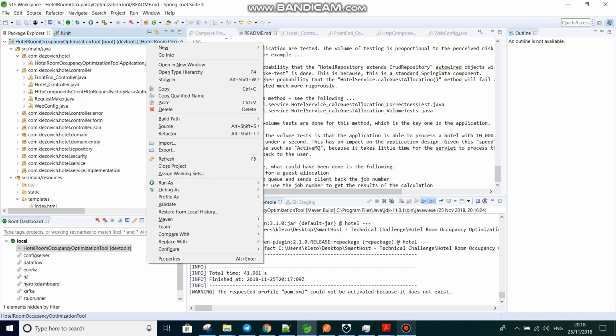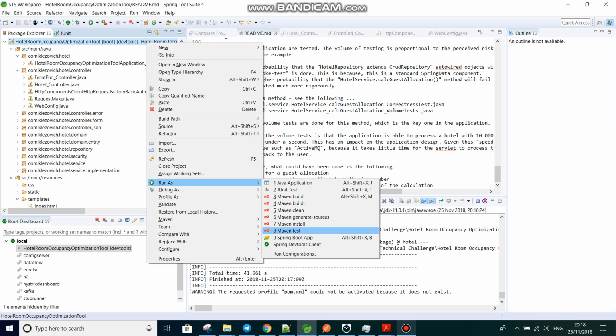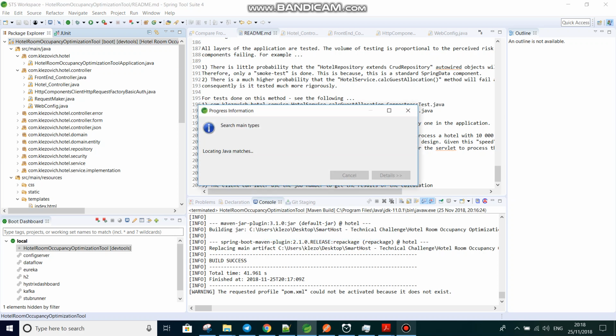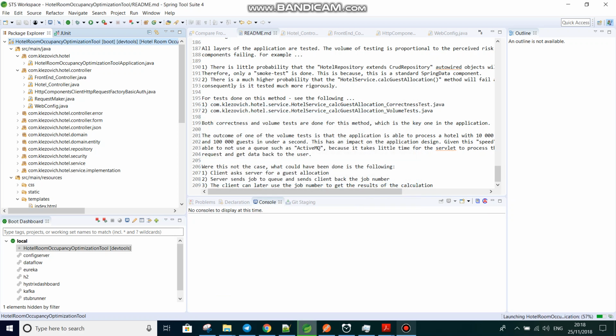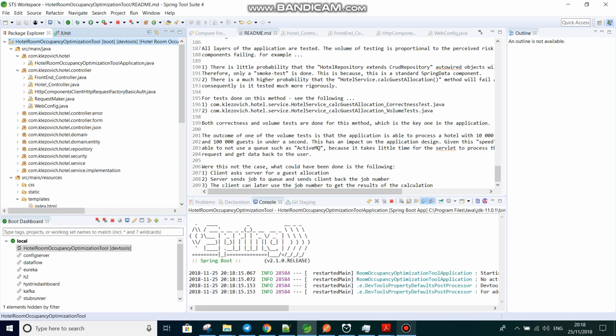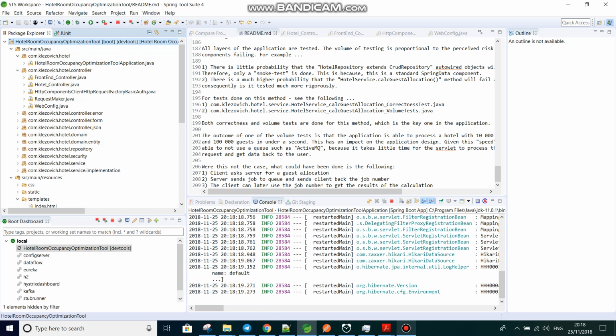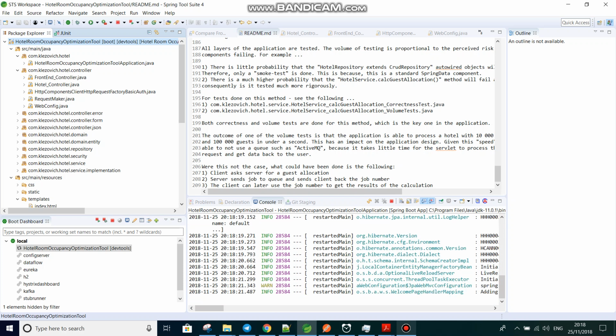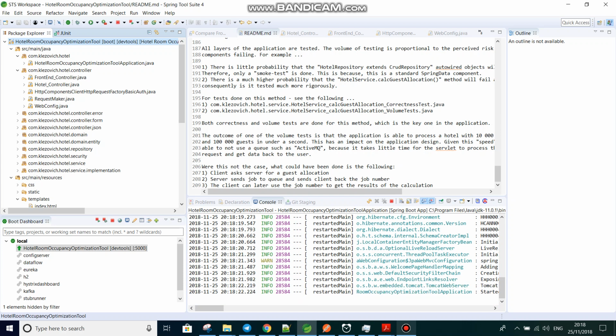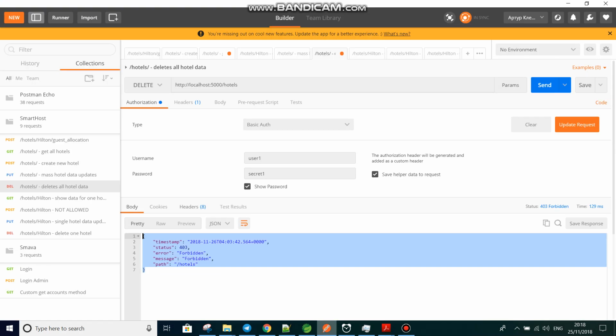Now then, to run the project you click Run as Spring Boot App. Just give it some time to start up. And the application is ready for use. So I use Postman for testing. So for example,